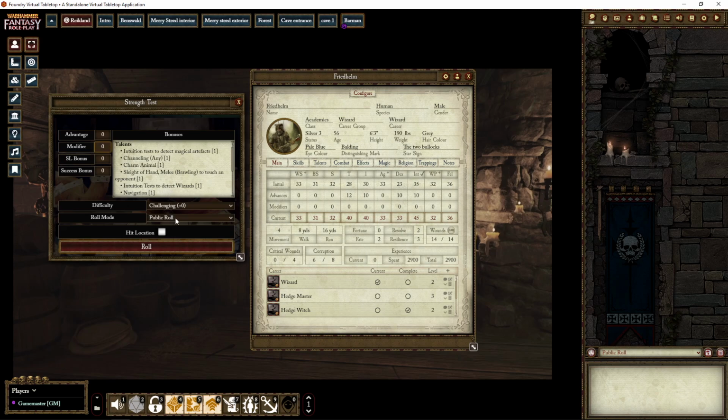And here you can decide if it's a public roll for everyone, only for the GM, or only for yourself. You can also do that here, but it's in the roll dialog. Now,